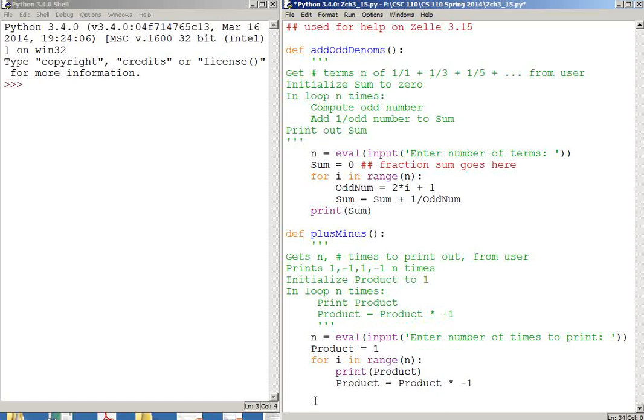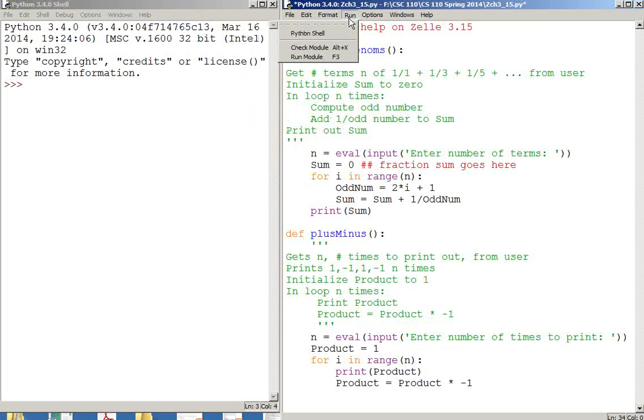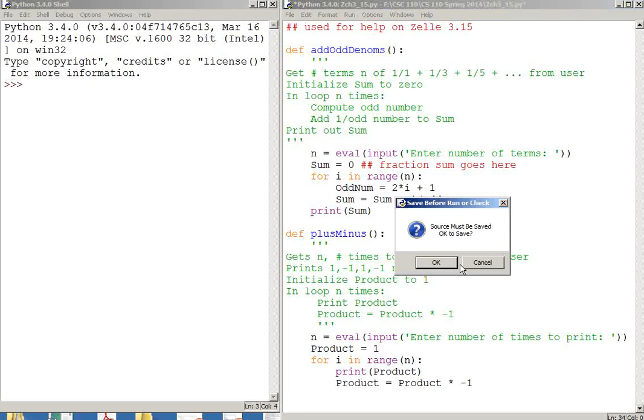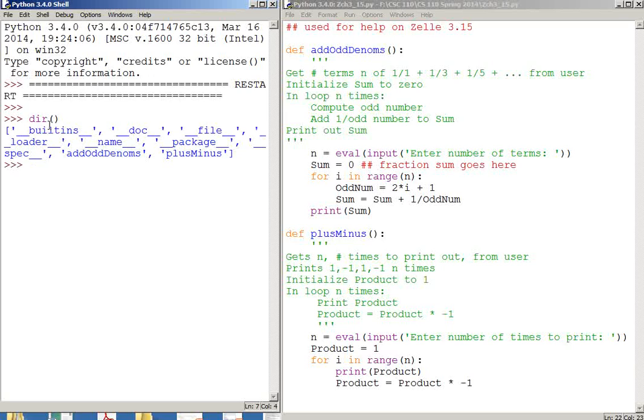So let me go ahead and run that if I can. Okay, so here I am over in the shell. Let's just make sure everything is there. And so if I do add odd